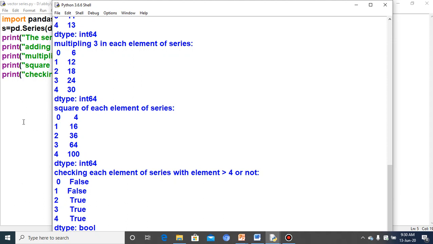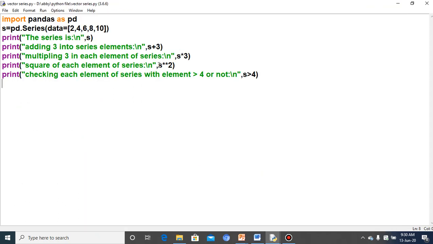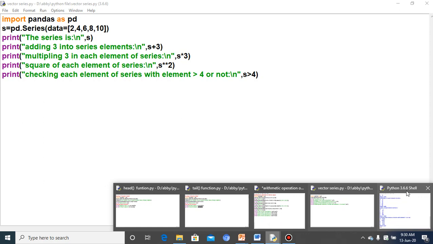Square of each element of the series. S square of each element, exponentiation 2. So 2 to the power 2 is 4, 4 to the power 2, 6 to the power 2, 8 to the power 2, and 10 to the power 2. So you can see the output.